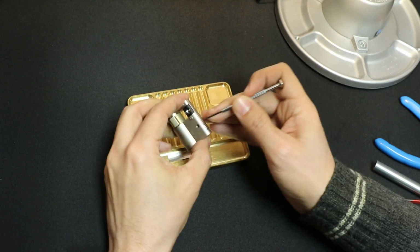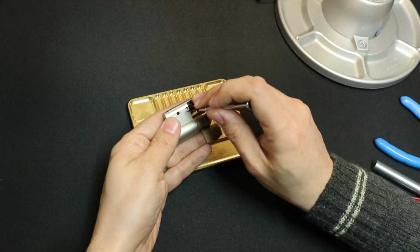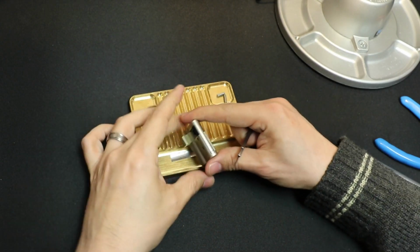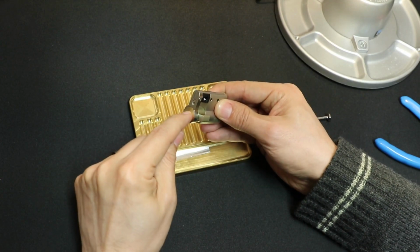Okay, there's 3 pins up top. You're going to notice that on one side the dimple is shallow, the other side the dimple's deep. So you want to punch it from the deep side and get those out. Then that will allow this back piece to come off, but it doesn't come off yet because this piece is